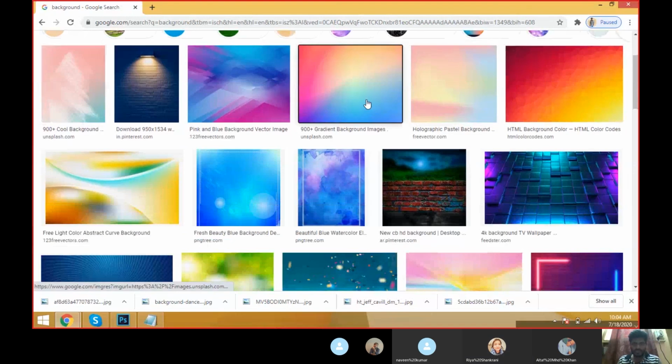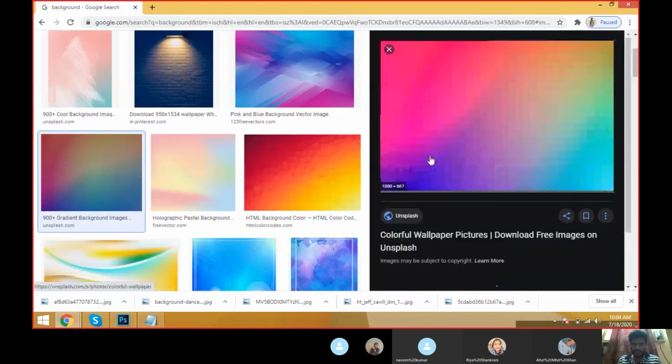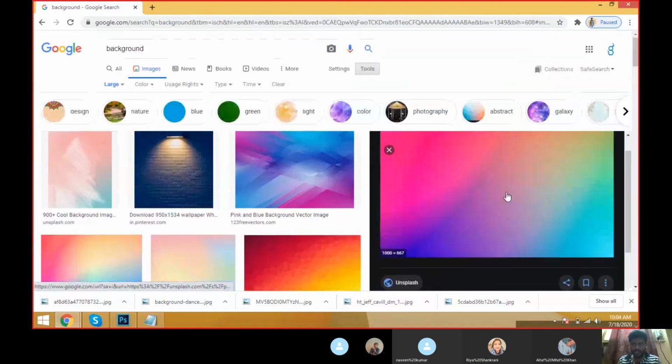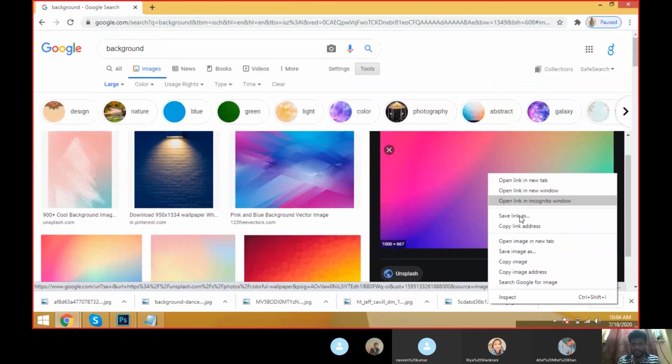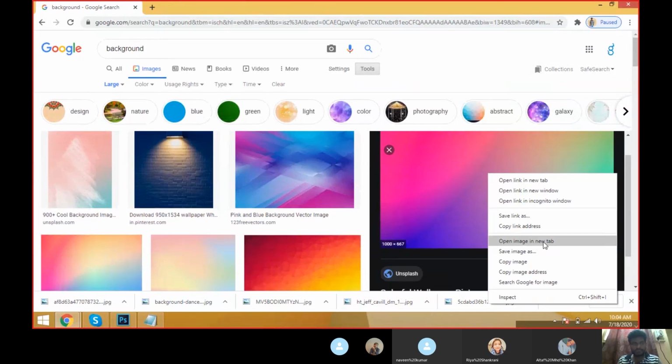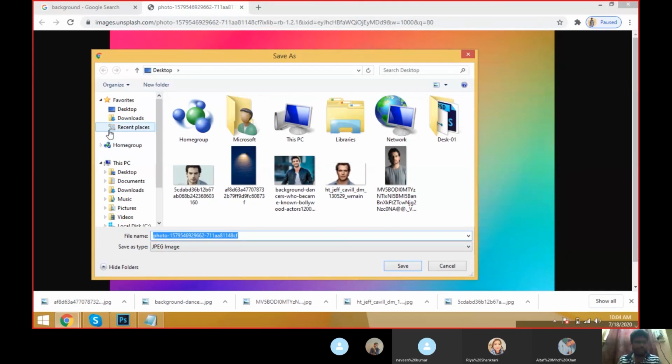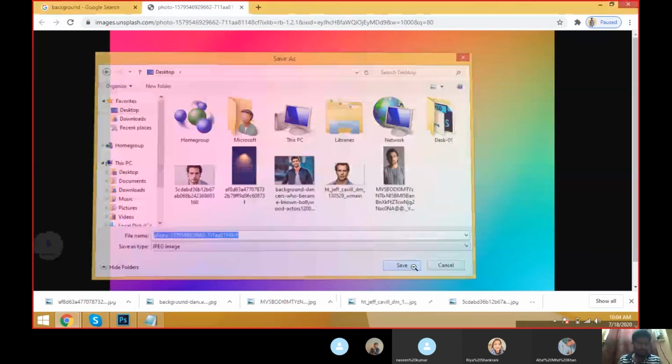Now the same object, the same thing we can see here. See, it is large, 1000 by 667. Right click, image in new tab, and save the document. Like this we have to save quality images.